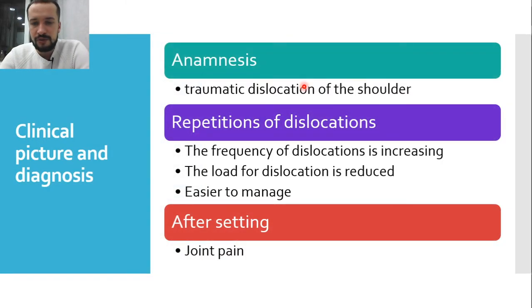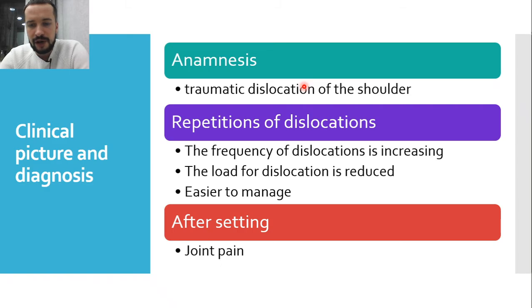In the anamnesis of such patients, there is traumatic dislocation of the shoulder, after which dislocations began to recur without significant load. A retrospective study of the treatment of primary trauma, as a rule, reveals a number of gross errors. Repetitions of dislocations are also observed as their frequency increases. The load necessary for their occurrence is reduced, and the method of their elimination is simplified. As a result, the patient refuses medical care and eliminates dislocations